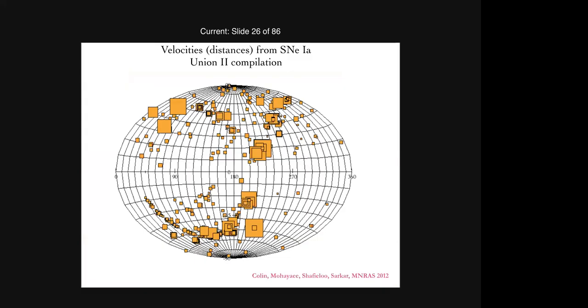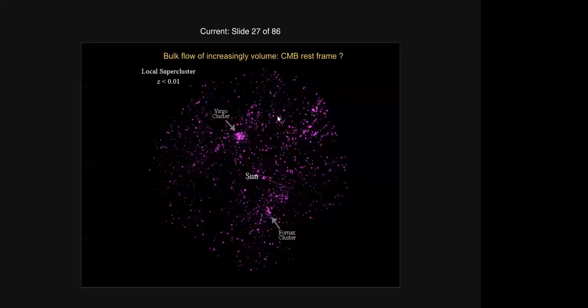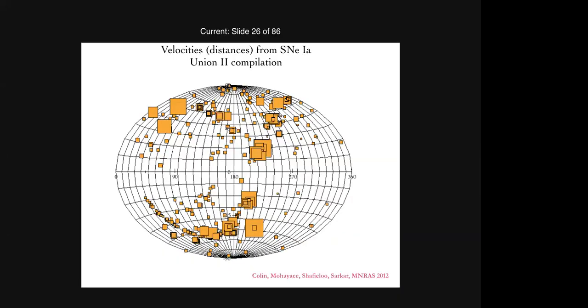So this is one of the very first works that I did together with Subir and postdocs. We decided to look at the supernova data because there was so much dispute. And we said, okay, let's look at it ourselves. And why did we use supernovae? Because the supernova data are quite interesting. Not only do they give us the angular position of the sources in the sky, but they also give us the radial distance or redshift. Not only that, they also give us the distances. That is, they also give us the peculiar velocities, that is, the deviation from the Hubble flow. And that makes them very, very interesting.